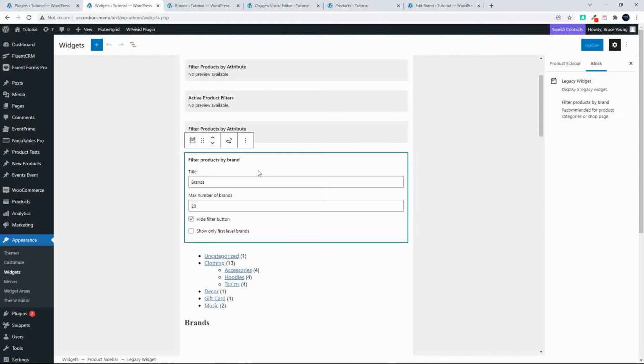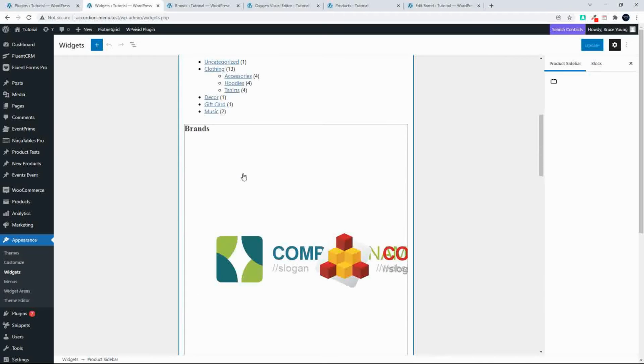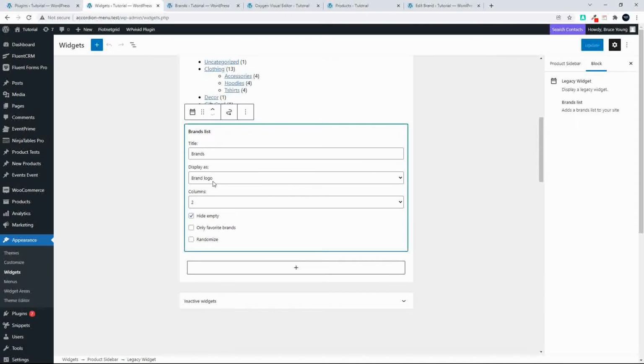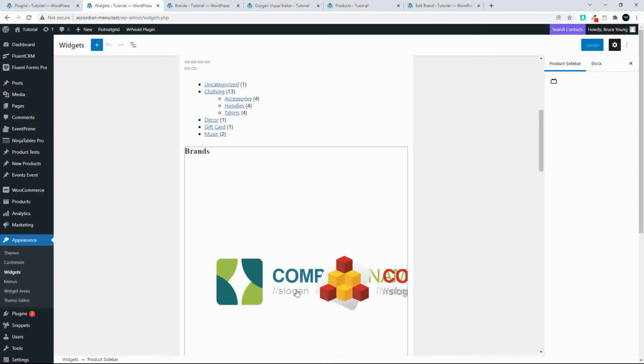So here we have that brands filter by brand, and here we have the brands, number of brands, and this is that tick box where you can tick the different brands. Then we have the brands displayed with the brand logo and in 2 columns, or you could also have it with the brand name. So you have that option, and to add a widget is quite easy. Simply click on add block,